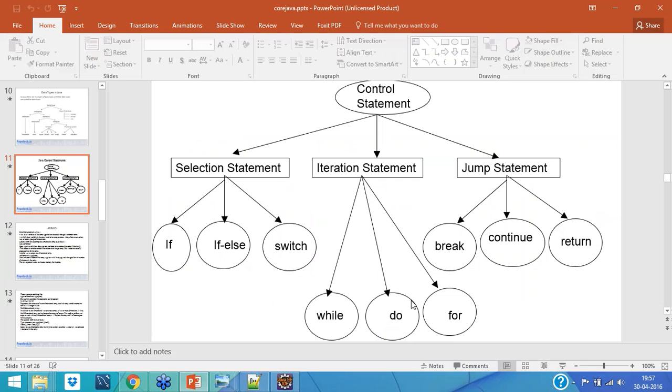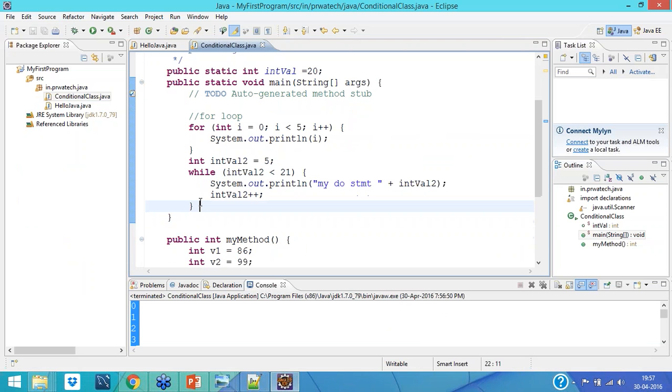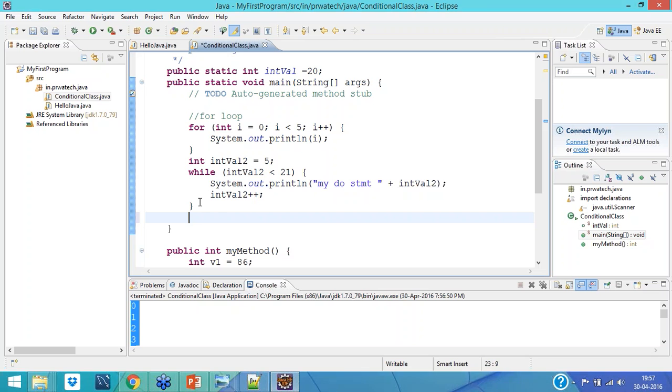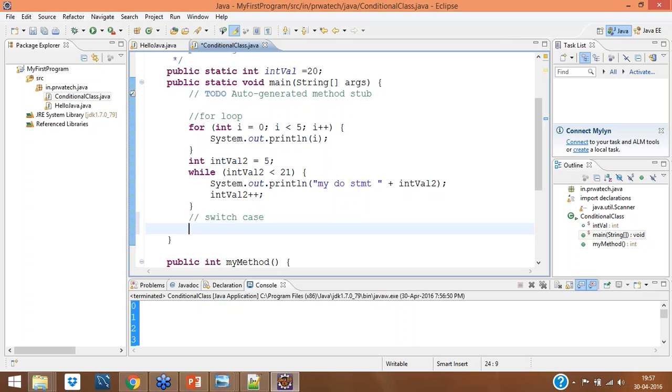Now for the switch case, you have to write a switch case statement. So we'll write a switch case. int j equal to 25.